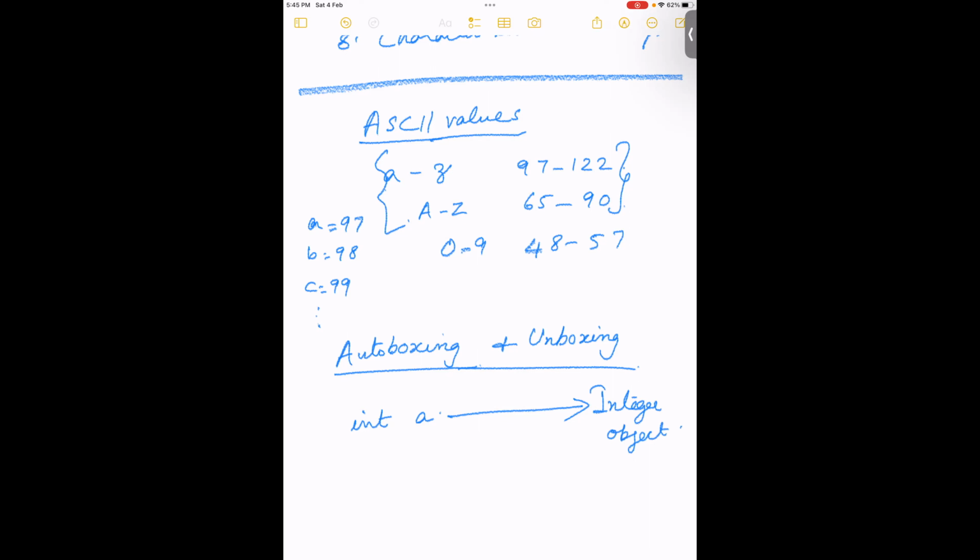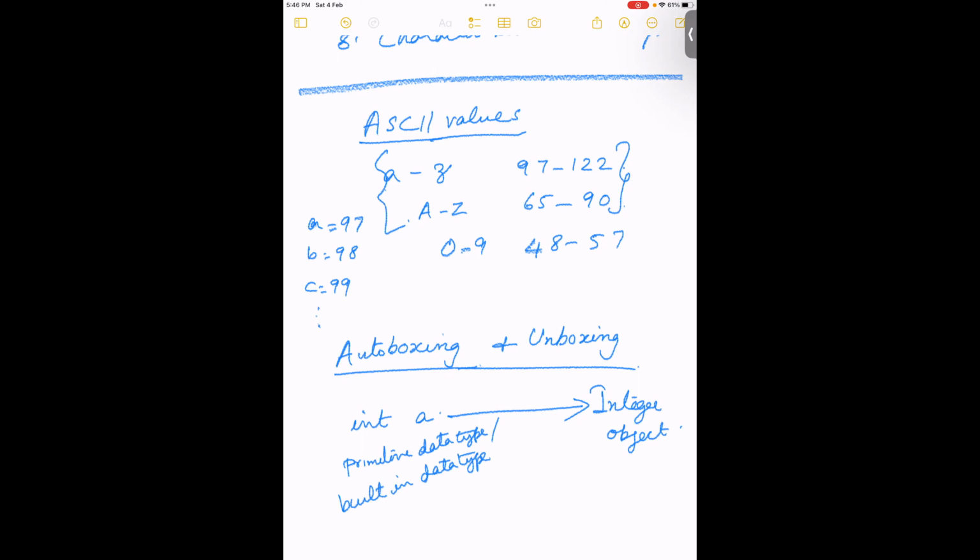Primitive means the basic data types available in JDK, the primitive or built-in data types. This primitive data type I am converting into an integer object, or a corresponding